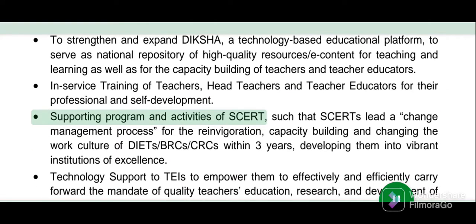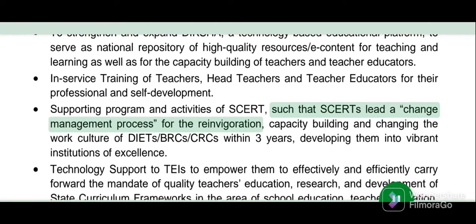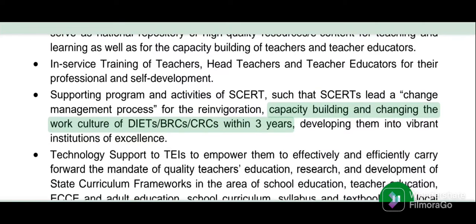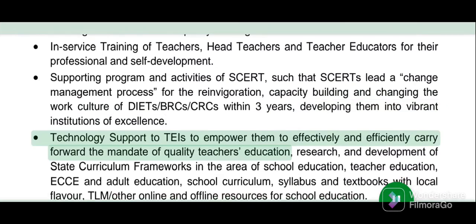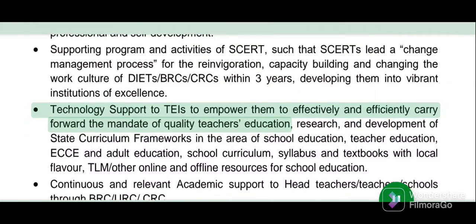Supporting programs and activities of SCERT, such that SCERT's leadership drives a change management process for the reinvigoration, capacity building and changing of the work culture of DIETs, BRCs, CRCs within 3 years, developing them into vibrant institutions of excellence. Technology support to TEIs to empower them to effectively and efficiently carry forward the mandate of quality teacher education, research,